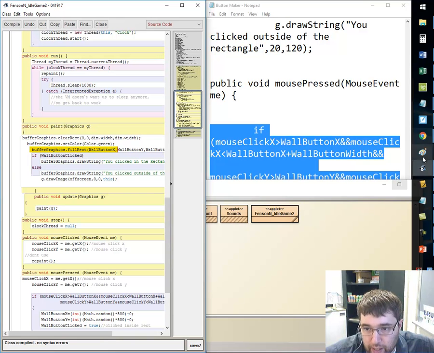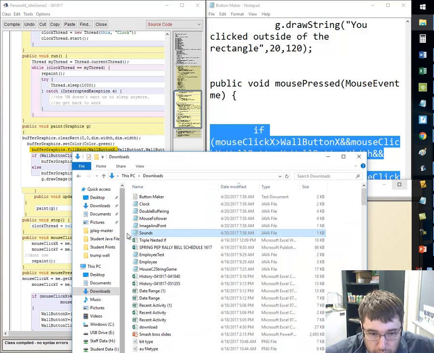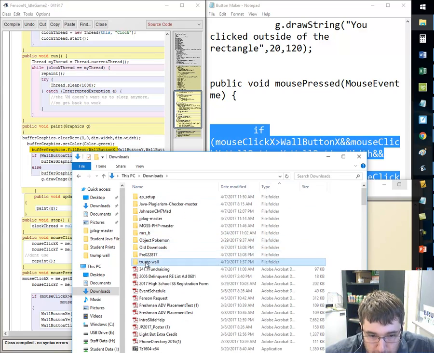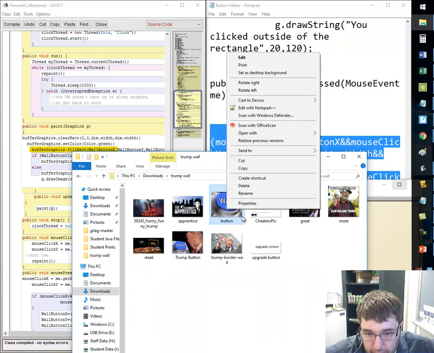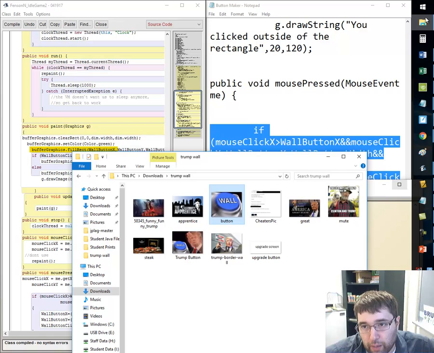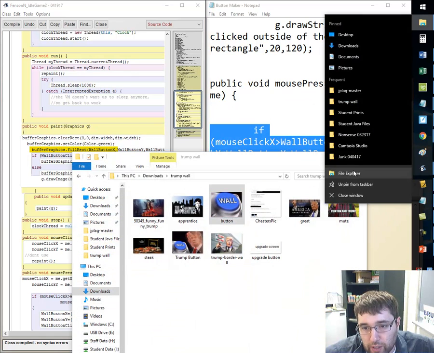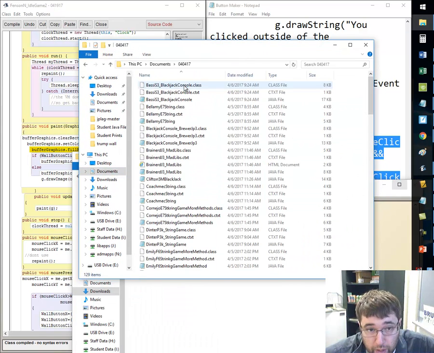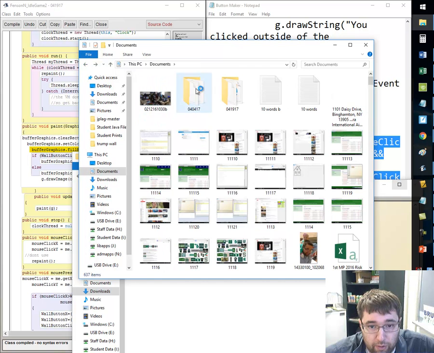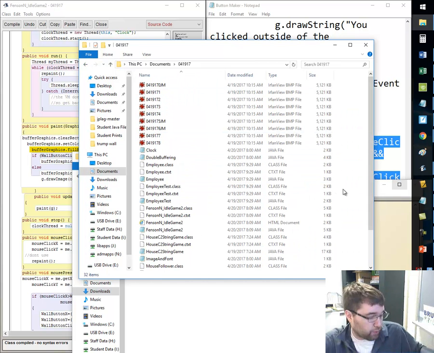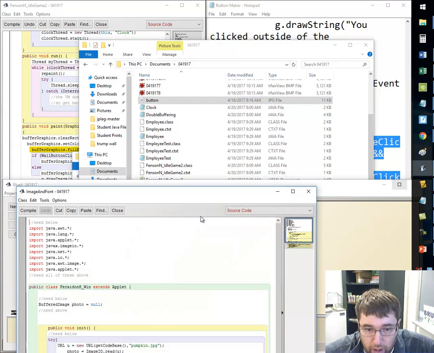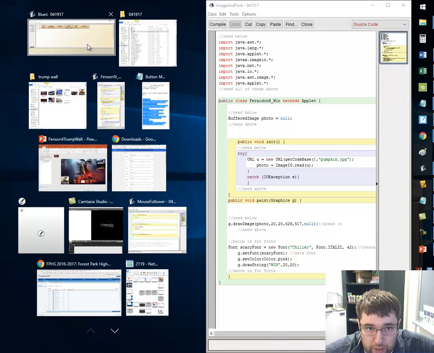What I need to do is go to my downloads, because I have the folder already made, Trump wall. I need to keep this open. I want to copy this, and notice I'm copying the button, not moving it, because I always want to keep the location of all of my pictures in one spot. I'm going to go to my documents, and then the folder that I put the code in, which is 419, not 44. I need to put the actual picture file, button.jpg, in here, because now when I open up the image and font, I need to copy this code into